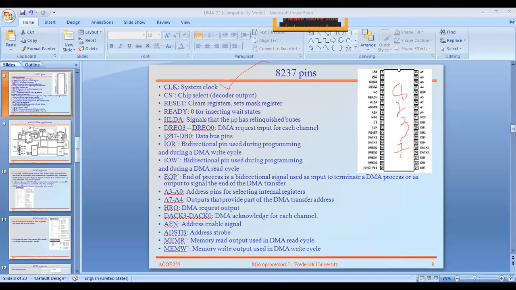And DMA transfers the data into the memory, right. Whenever the data transfer is completed, they just have to intimate that the data transfer is completed.